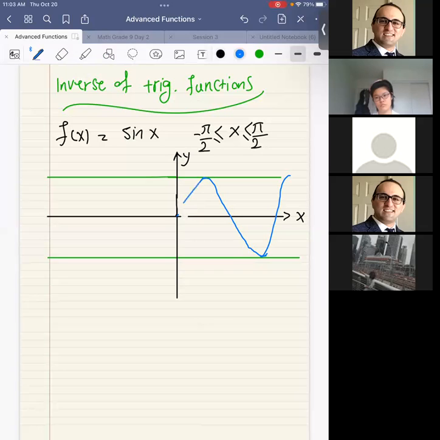Okay, so imagine this is the graph of sine,